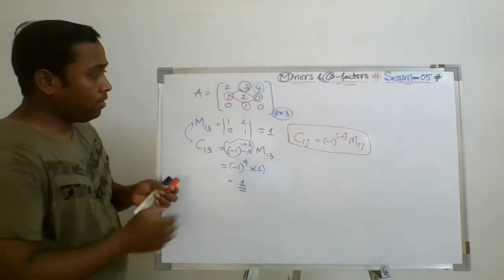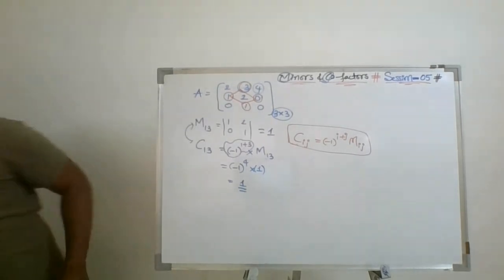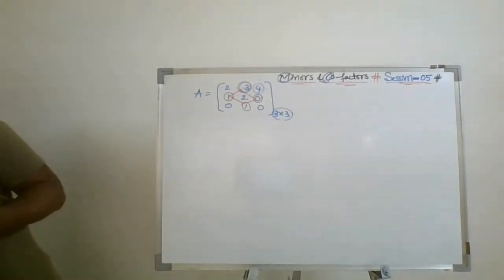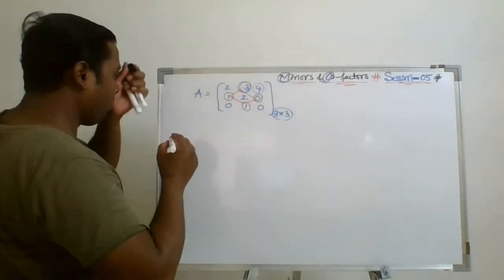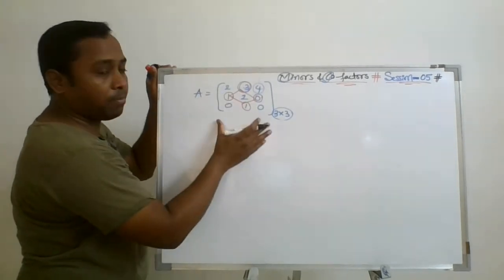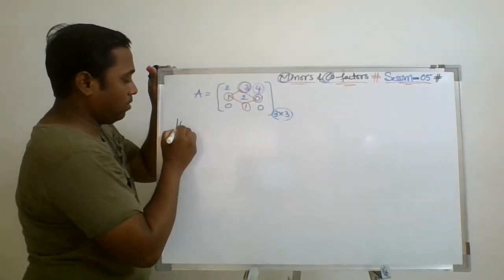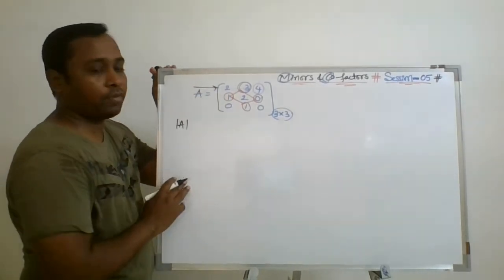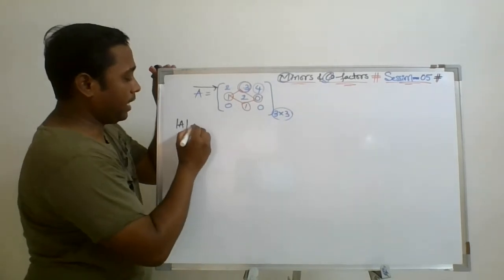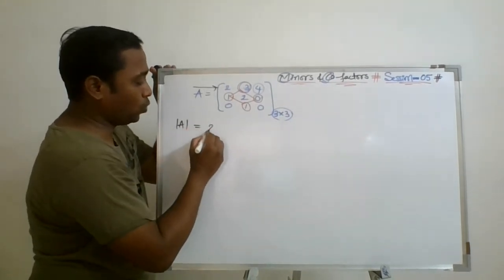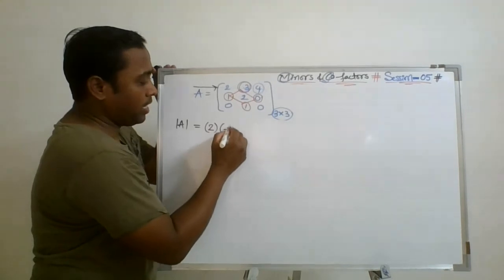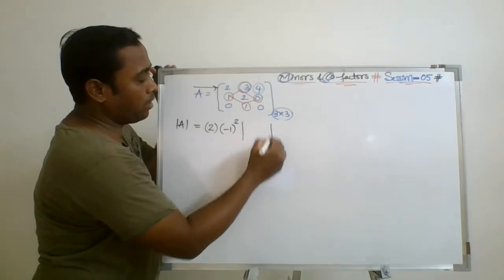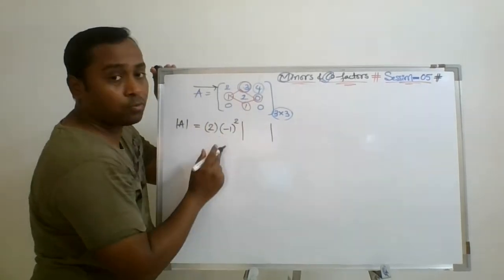Now, from the same matrix, I want to find the determinant. I am trying to find its determinant, expanding the determinant along row 1. How can I find it? Simply by the element 2, into (-1) to the power of its position, that is 2, into the determinant obtained by eliminating the row and the corresponding column.